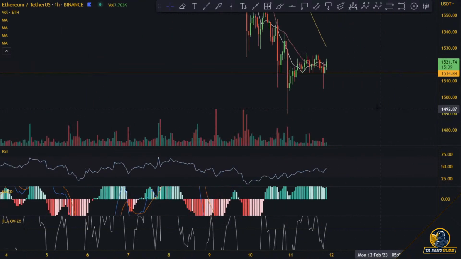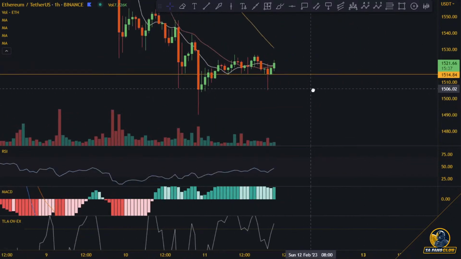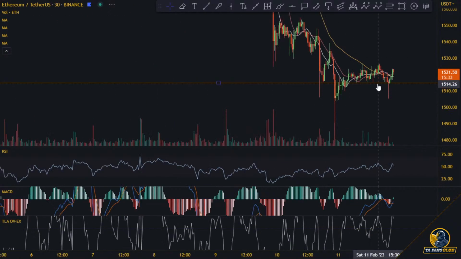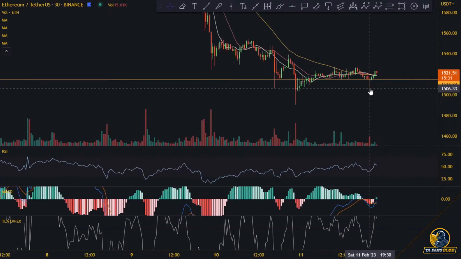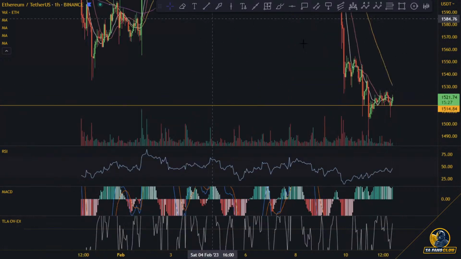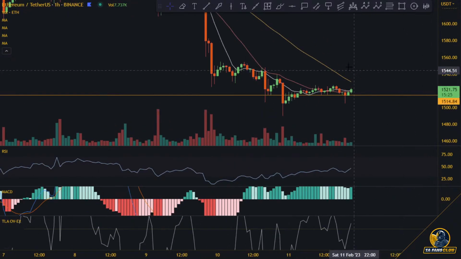Haven't been looking at Ethereum at all. Wow, this is a nice week on the downside out here. Maybe we should just long Ethereum because